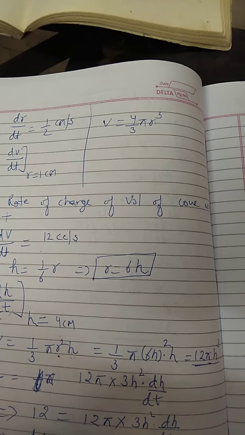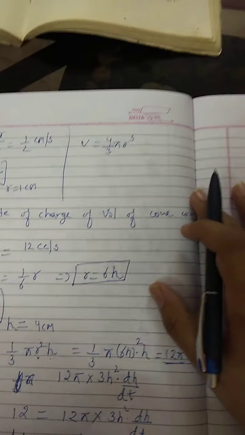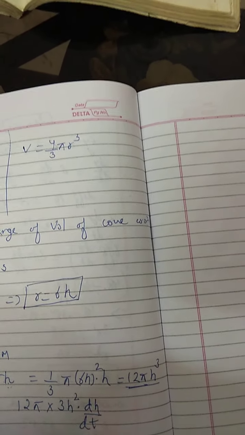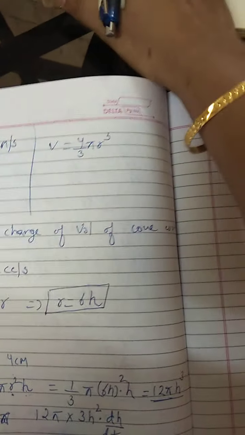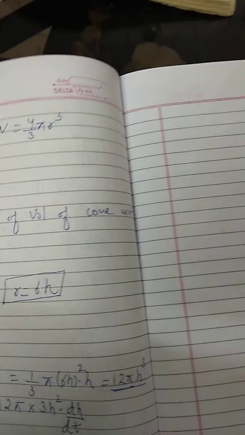Sum number 15 and 16: if I explain one sum, you people will be able to do it. Sum number 17, again rate of change of area of circle, you can do. Sum number 18 is similar to sum number 15, 16. So let us do one.